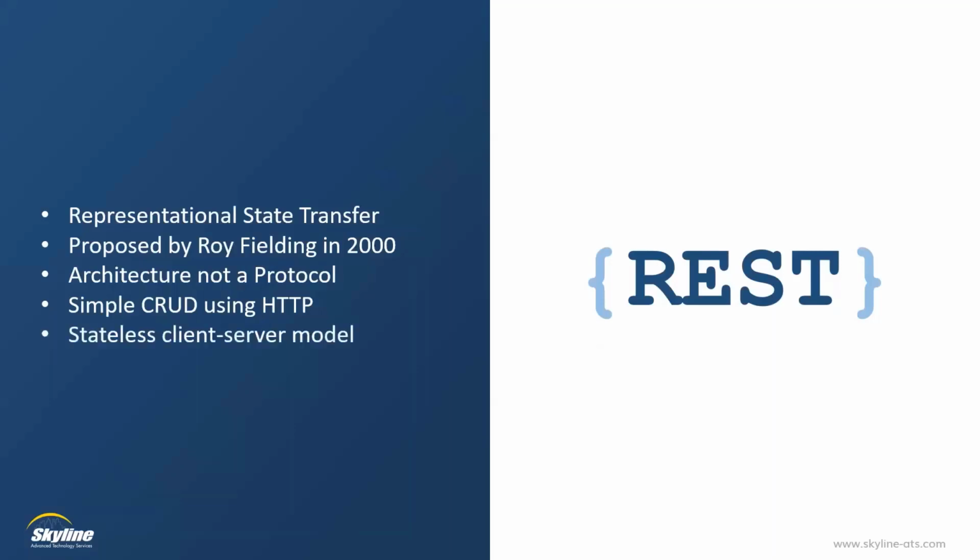It is a stateless client-server model, meaning that it does not build a state. Everything that has to be sent for that resource, whether I'm changing it or just getting the information in it, has to be sent all within one request. I can't send multiple requests for the information. If I want to get information about an interface, it all has to go in that one request, and then I will get a response back. And the URIs are used to identify the resource.